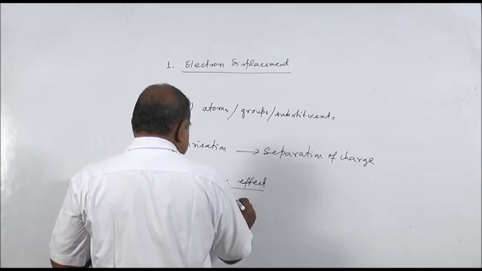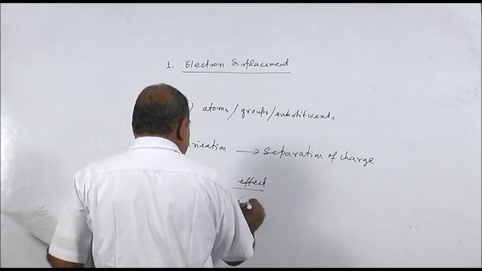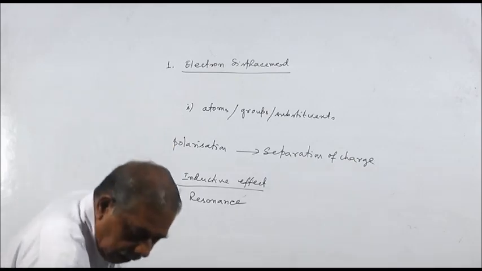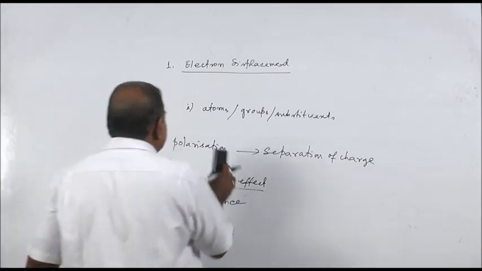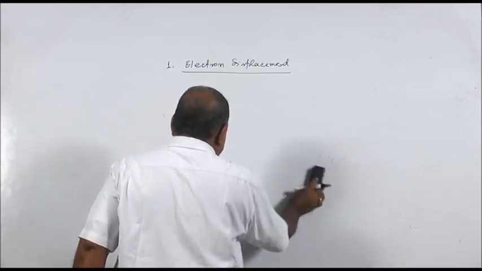Resonance will come under this. So here electrons are permanently displaced due to the presence of certain atoms or groups or substituents,